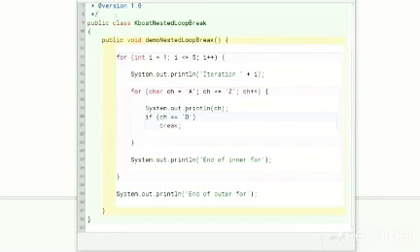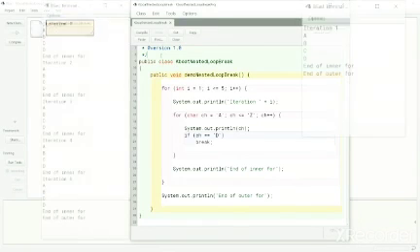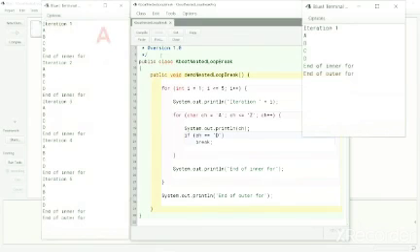Now that we have gone through this program and we know how break statements work, I have a question for you. What will be the output of this program? I will give you two options. Will it be A or will it be B? Take some time, pause the video, think about all the things we have learned so far about loops and the break statement, and try to answer this question. Feel free to pause the video for some time now.